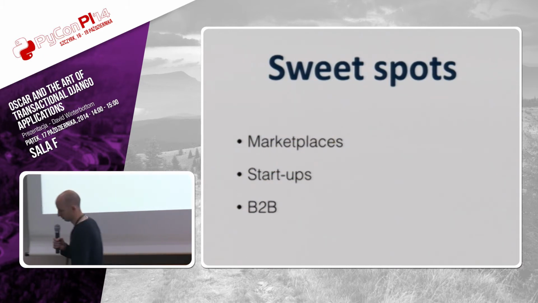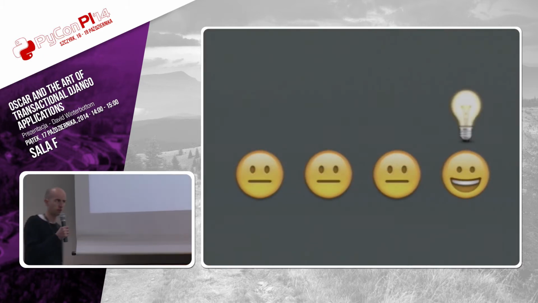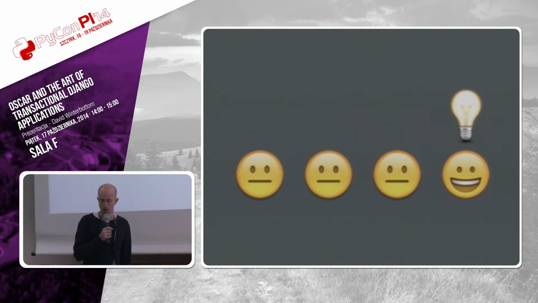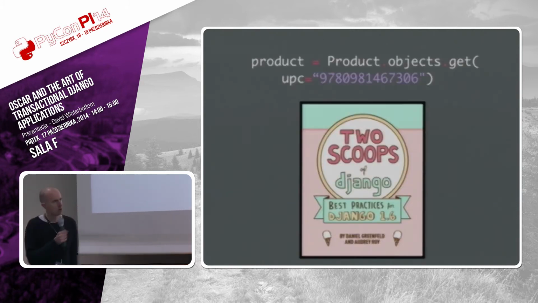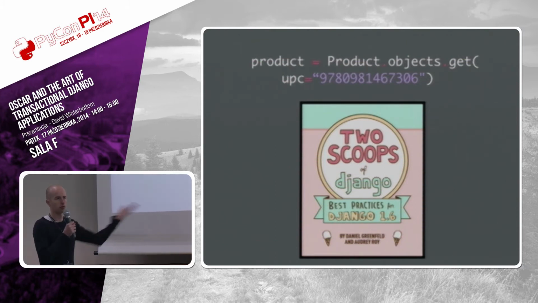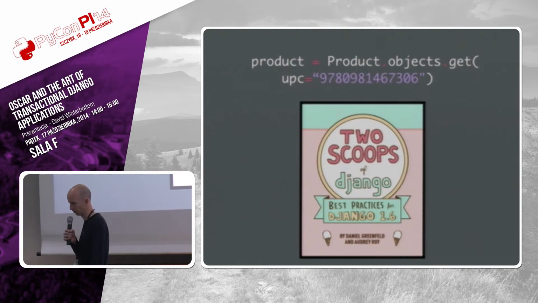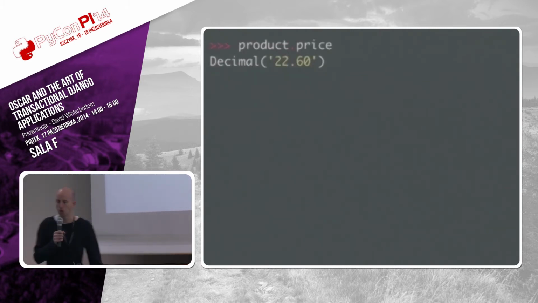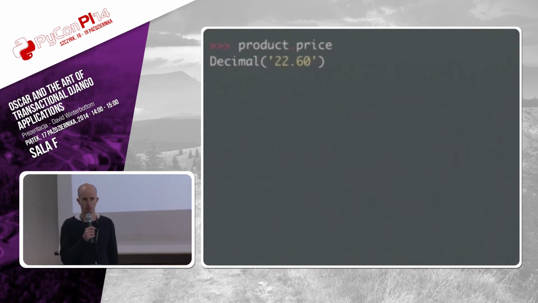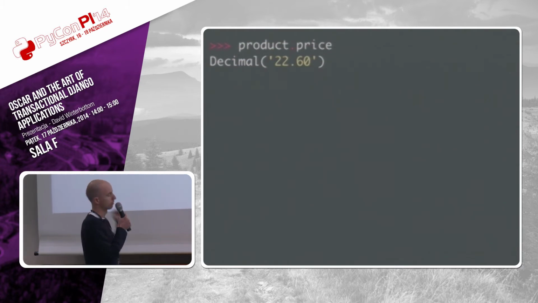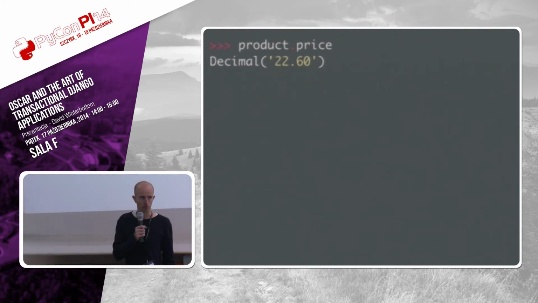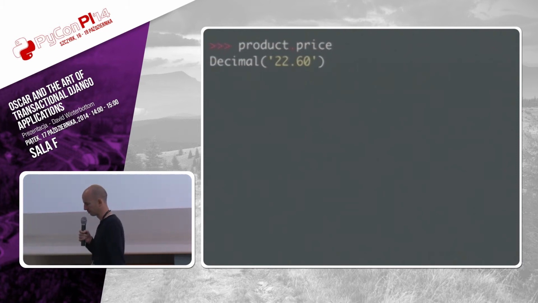Okay, so I made a bold claim before that we had some good ideas that went into Oscar's design. So I'm just going to walk through one of them, which I think is one of the more interesting ones. Suppose we wanted to buy this book and we're trying to model this in our Django software. So you've got some kind of product object. I think every e-commerce software is going to have that. And in a simpler world, you'd be able to say, what's the price of this product? And we'll just look it up as an attribute straight off the product model. Something like this, very simple. But we've learned the hard way that this really doesn't work very well, and Oscar models things differently.